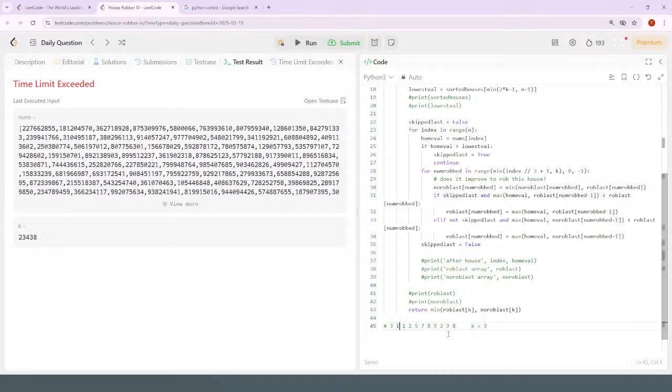Because if these are all spaced apart, then I could have stolen from every house. If there was like 9 between all these. And the bottom 6, 3, 1, 1, 2, 5, 2, they're all possible to be stolen from. So the 5 here